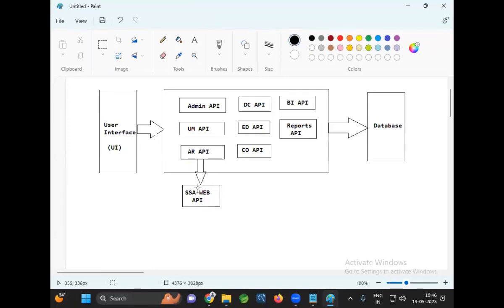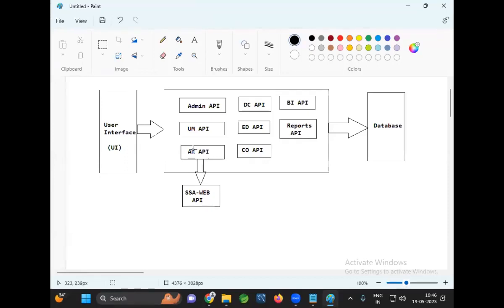Which state does the citizen belong to? Can anybody apply for the plan? Only RI citizens can apply for the plan. When a citizen applies for a plan, AR API will take the citizen's SSN number and give the SSN to the third-party application. The third-party application will verify whether this SSN is valid or not.